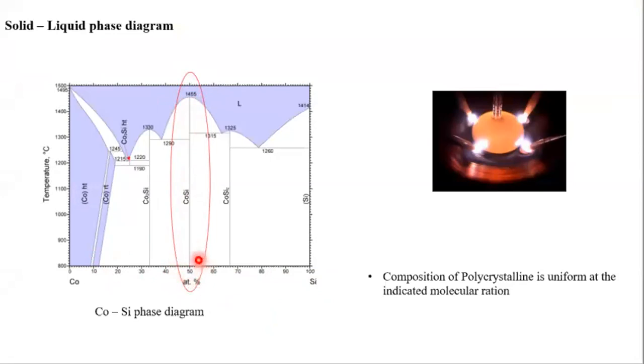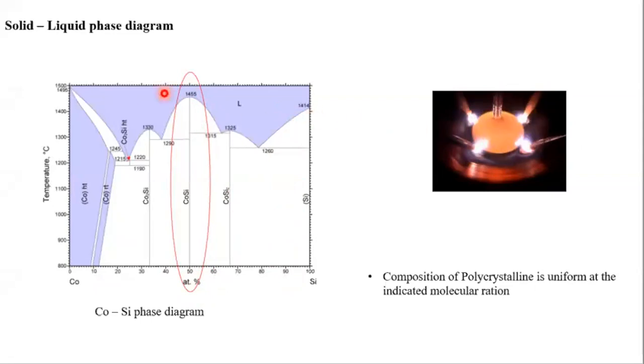might be the same in the molten state. Meaning, if you take a 1:1 ratio of cobalt and silicon, and you make polycrystal by heating, then you get the 1:1 phase, not the other phase. If you go to some other area, if you take a random composition somewhere, let's say somewhere in this area, something like 85 or 15, then if you melt it, you may not have the same composition throughout the material.